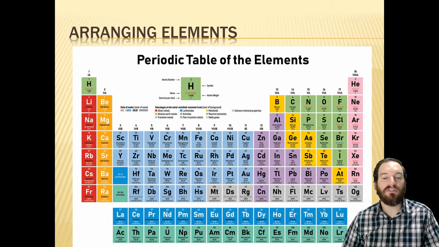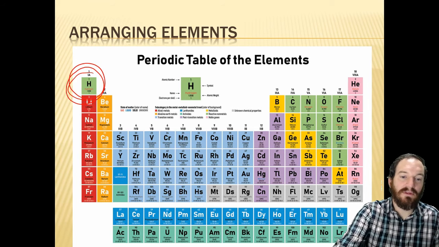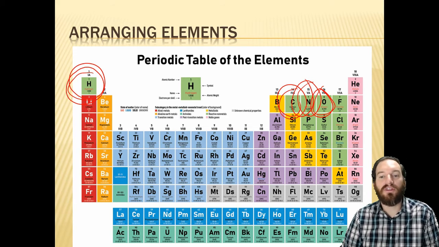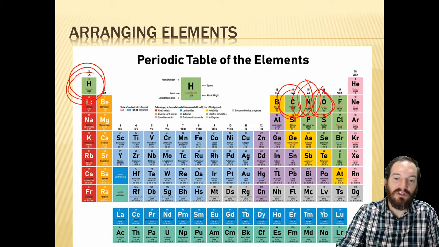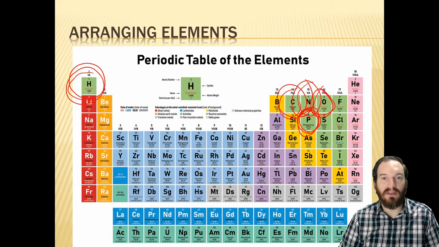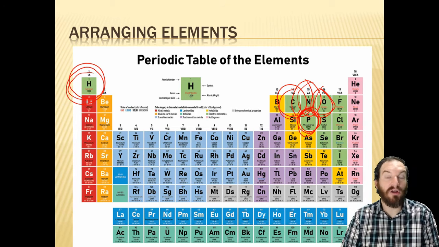We are not going to get too advanced into this, but I want you to understand here are some of our key elements: hydrogen, carbon, nitrogen, oxygen. Those are like the big four of biology. And then we can also throw phosphorus in there, which is incredibly important as well. So those 5 elements are going to make up the bulk of what we talk about this year. And carbon, hydrogen, oxygen are going to be the top 3 most important.